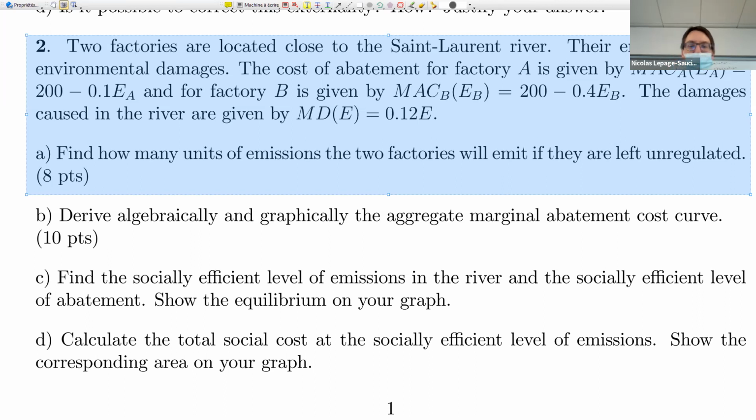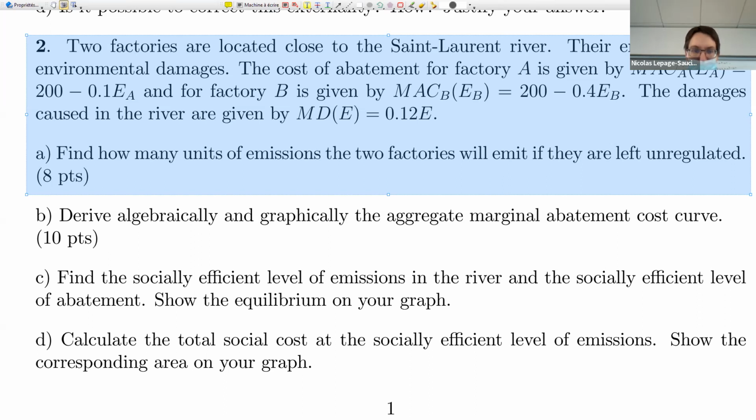But let me just show you again that this is the case. So of course they emit until MPC equals 0. So for A I have 200